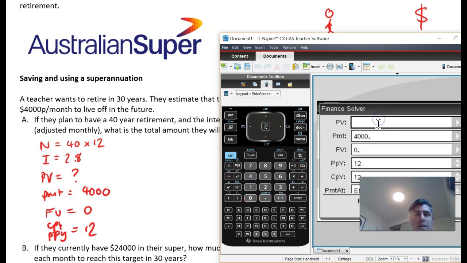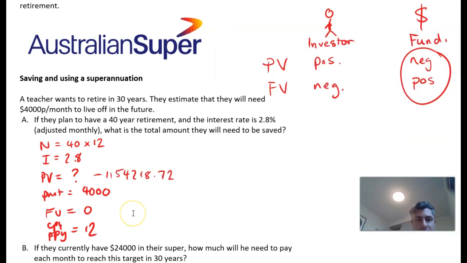Okay, so we're going to hit enter in the PV box, and that's going to give us the number, which is negative 115,418.72. Okay, so that's how much needs to be saved. So in a positive number, that's